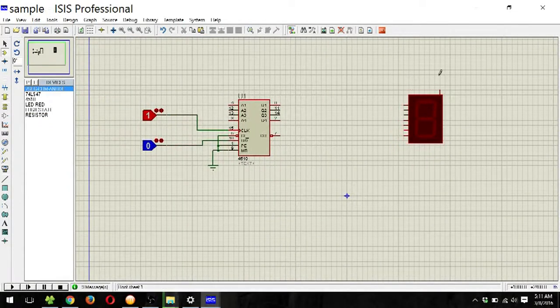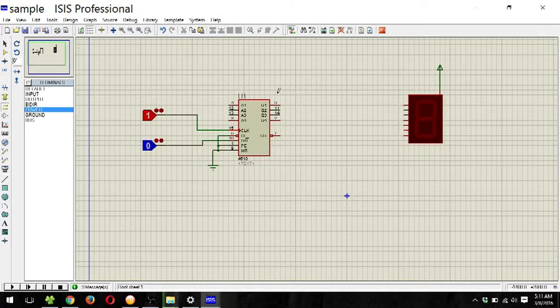In this 7-segment display, this is the common terminal that needs to be connected to the power source, and these are the pins which take the 7-segment code as their input and display according to that. So these are in sequence A, B, C, D, E, F and so on according to this display.